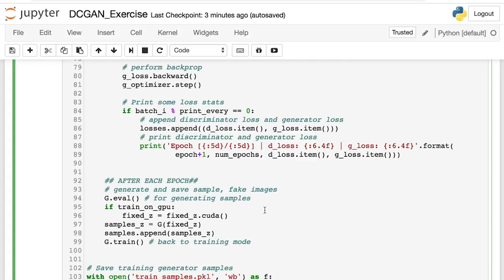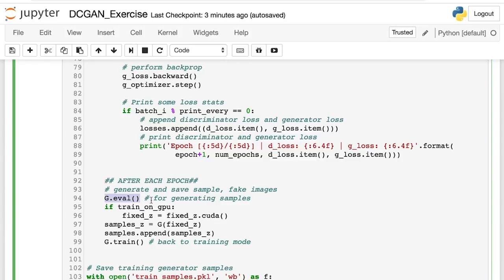And at the end, I have some loss tracking and sample generation code as before. And I should note that I should put the generator into evaluation mode for creating samples, which I may have forgotten to do before, but I'll always update the in-classroom code and GitHub repository with any small fixes, so the code you work with is up to date and correct.